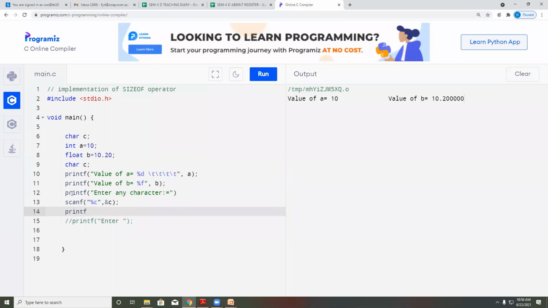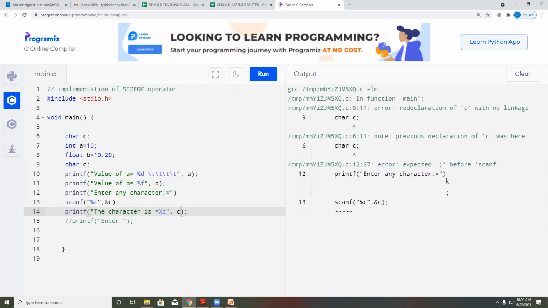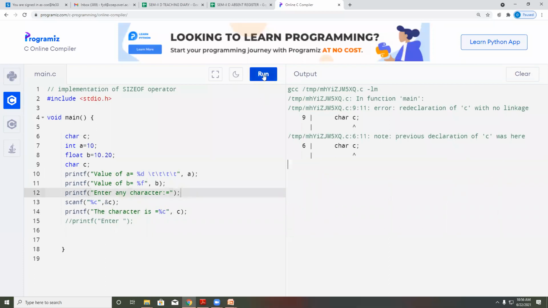Printf. I'm going to print those characters. Okay, semicolon I have forgotten. Then character c.